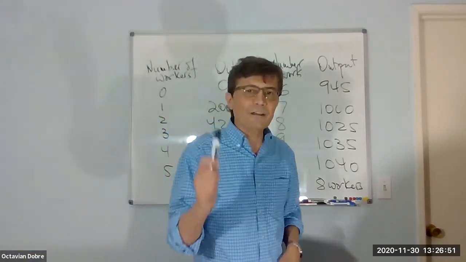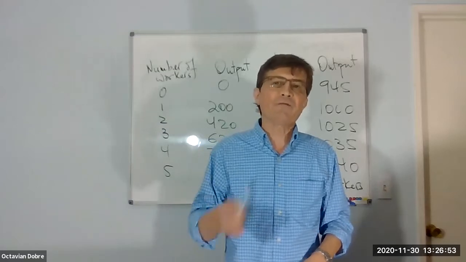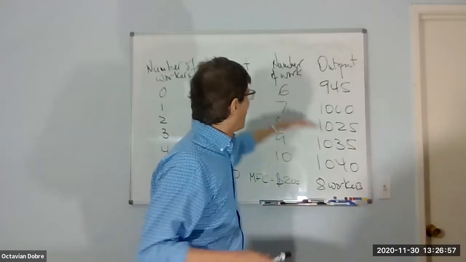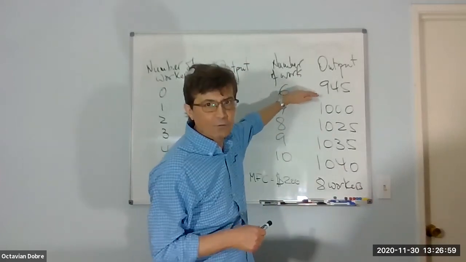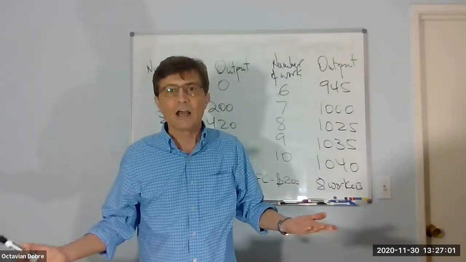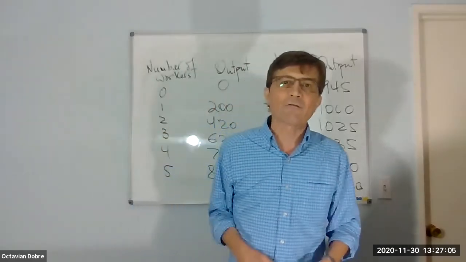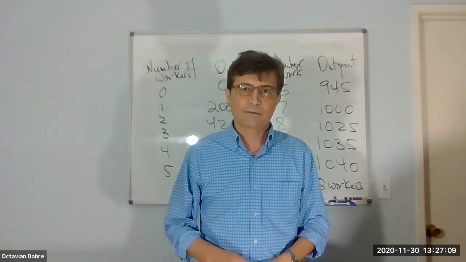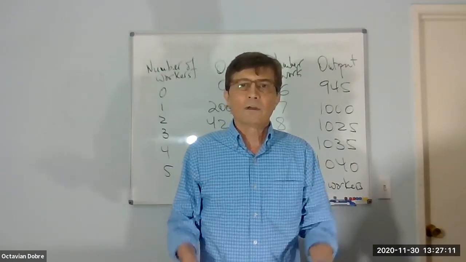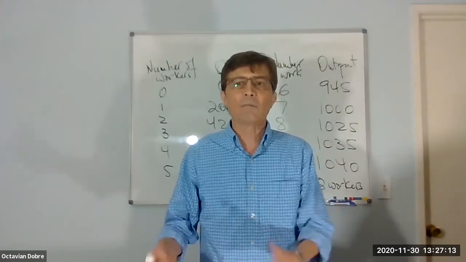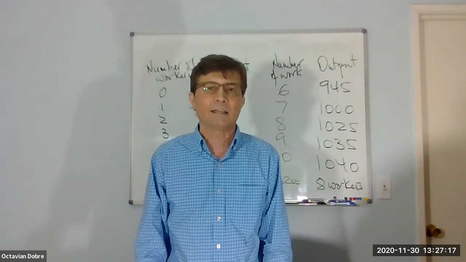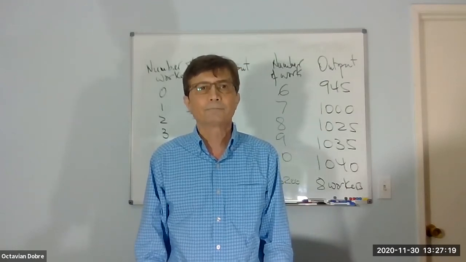So the seventh worker contributes 55 units. Because with 6 people, there were 945 units. With 7 people, it's 1,000 units. So they added another 55 units. And that 55 units represents $1,100. And 55 units will be $1,100 only if the price of a unit is equal to